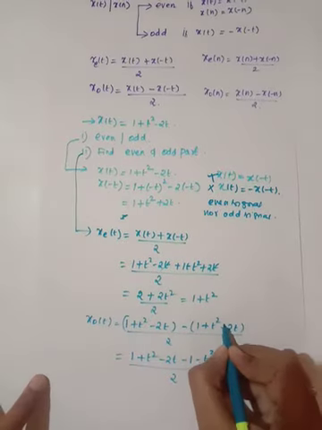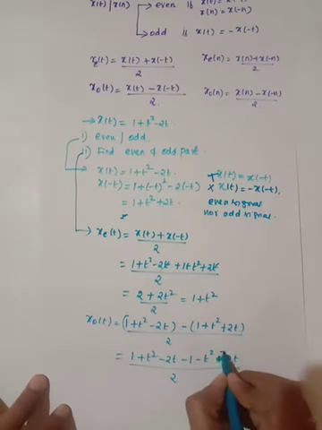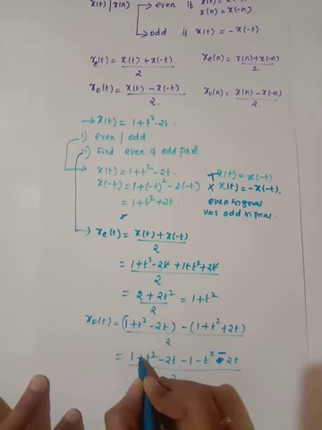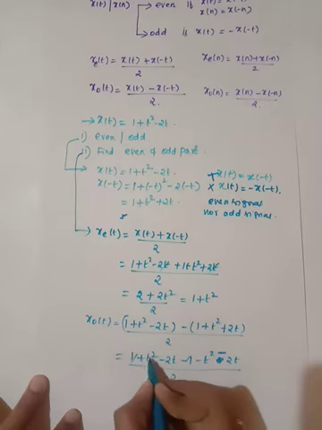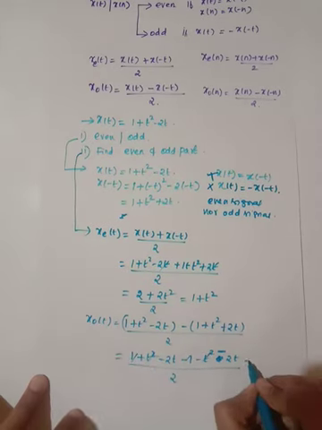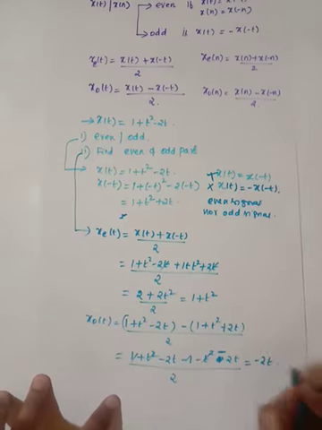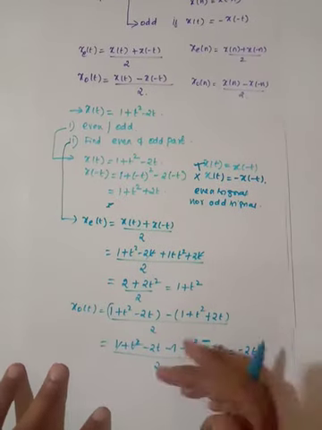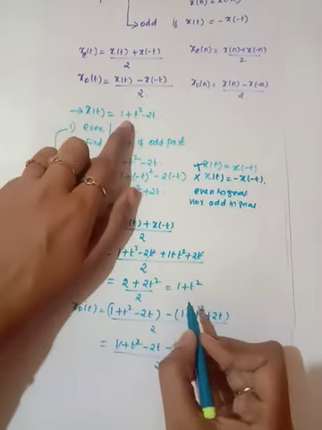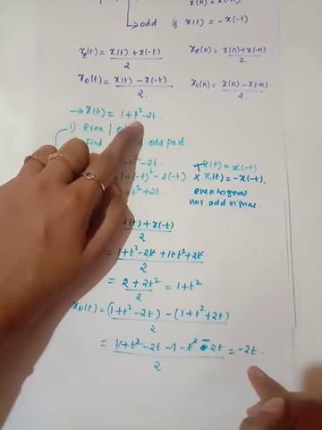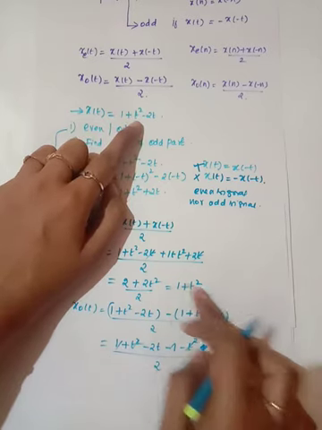So sorry, here it is plus t. So here you will get minus t. Okay, so this term 1 will get cancelled, t square will get cancelled, you will get minus 4t, so minus 4t divided by 2, that is minus 2t. Now see, in the signal, in your even part you are getting 1 plus t square, and in the odd part minus 2t you are getting. Okay, both are in the signal part.